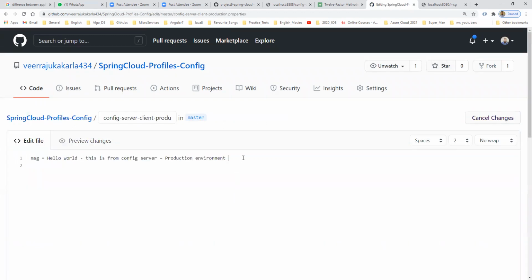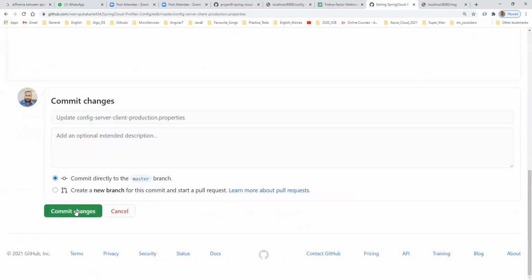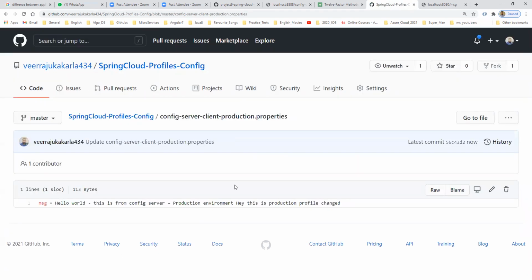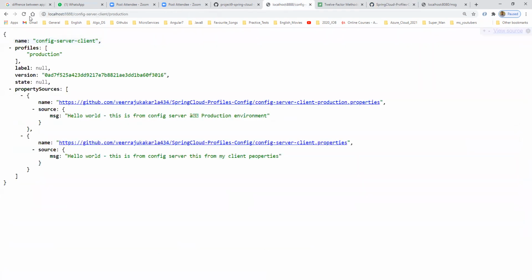Let me check. Production profile change. Let me commit this one. Let me rerun and reload. Yeah, this is also changed. Hey, this is the production profile change.